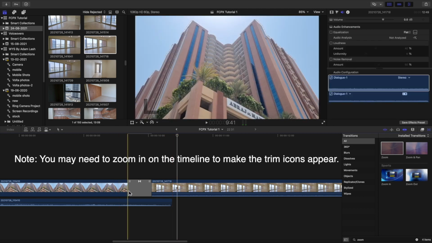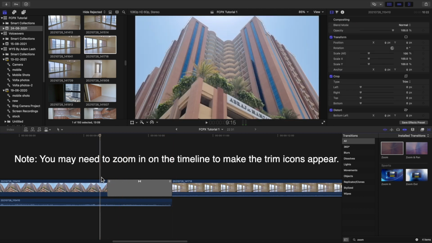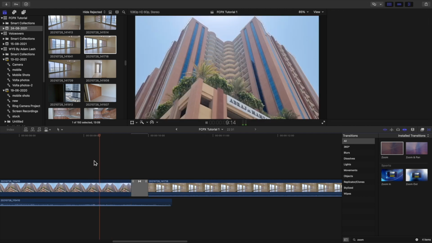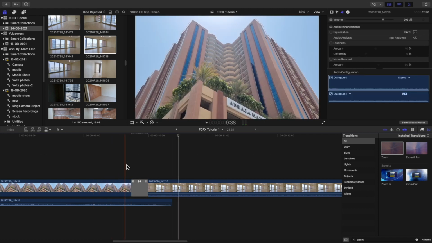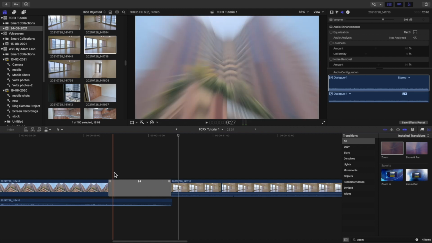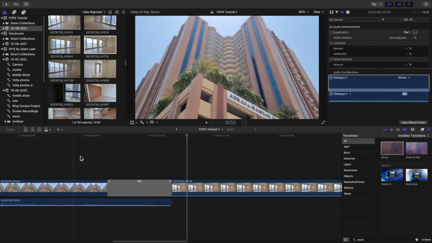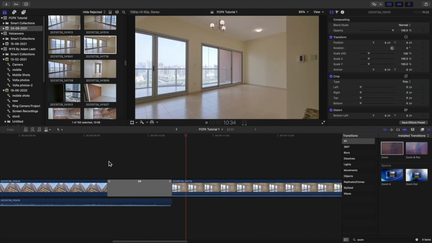So let's go back to the previous one. Check this out. That's smoother, and this is faster. The way I undo is by pressing Command Z. All right, now that we have our nice transition effect here, before that, I want to show you